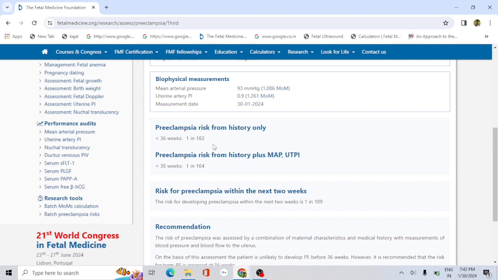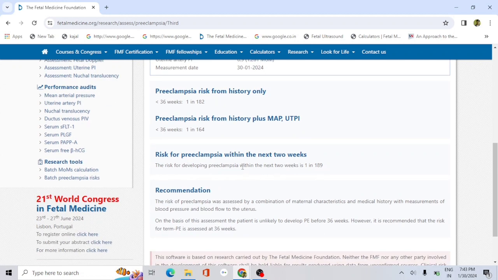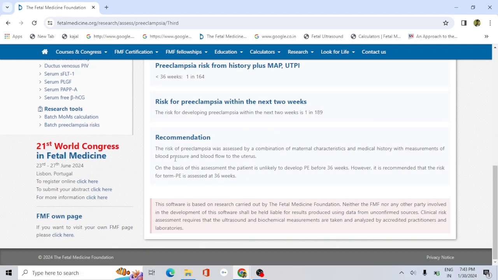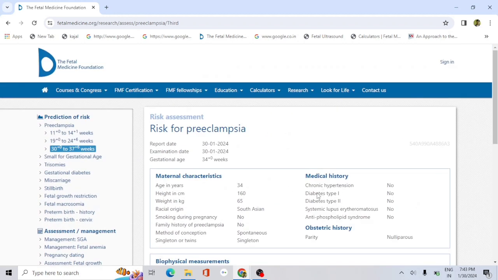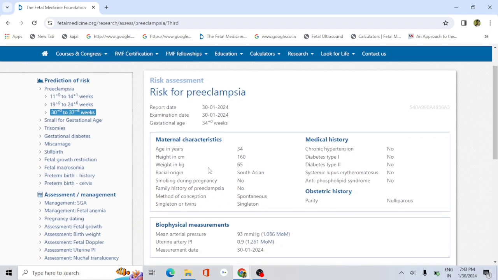Now see, the FMF software will give us the risk calculation based on the history, based on mean arterial pressure, uterine artery PI, and then it will give a recommendation that based on these findings the patient is considered low risk for development of preeclampsia before 36 weeks, and the risk should be reassessed at 36 weeks. So we have entered 34 weeks in this case,